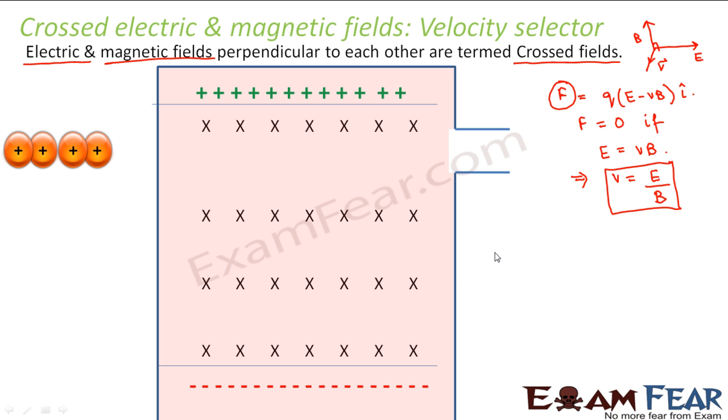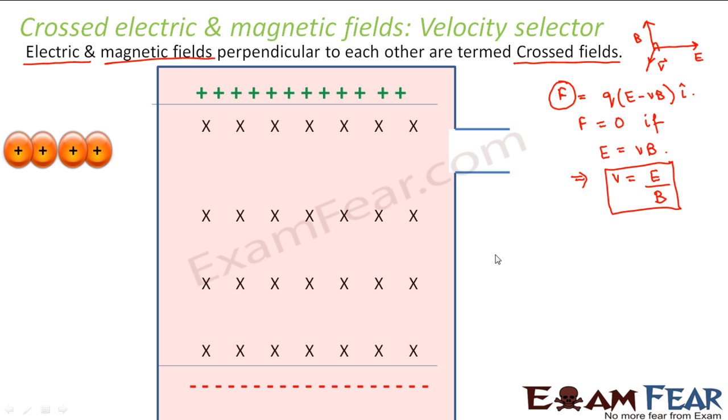Let us suppose a particle enters an electric field, or a combination of electric field and magnetic field. The motion of the particle changes. Why? It changes because the particle experiences some force due to the electric field and the magnetic field. But if the velocity of the particle is equal to E by B, in that case, the force experienced by the particle due to the electric and magnetic field will be equal to 0. When the force experienced is 0, the particle will not get deflected at all. The particle will move with the velocity with which it entered. So it will keep moving with the same velocity without getting deflected anywhere, right?